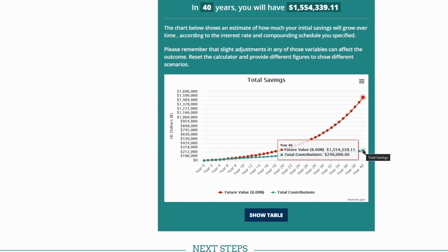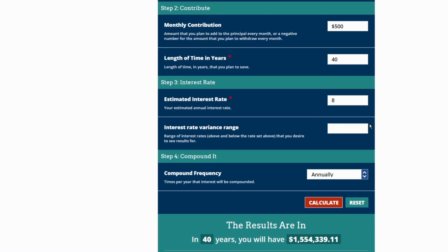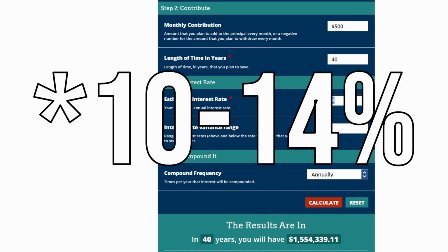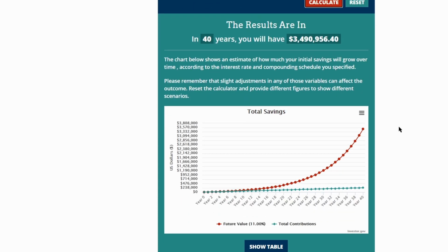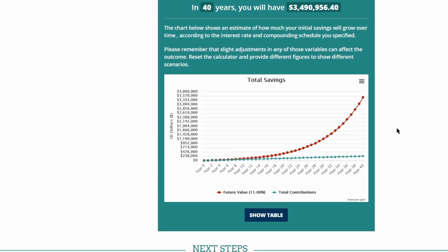And that looks great. That is amazing to see. Like, you got $1.5 million and all you have to do was put $500 every month into investing for 40 years and you're good. But now let's check this out. If we bump this up with dividends reinvested into the S&P 500, we've had a return of about 10 to 11%. So we'll go on the low side. We'll say 10%. Or you know what? Let's go 11%. We'll say 11%. And we calculate that. You end up with $3.5 million